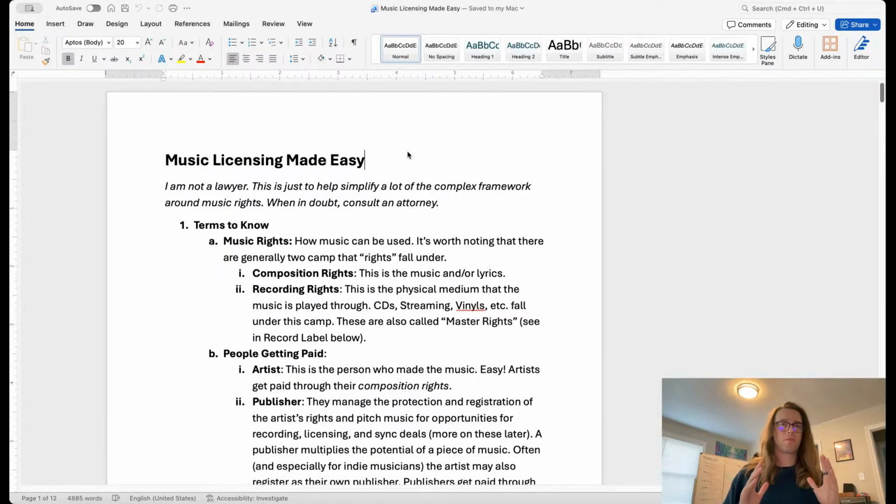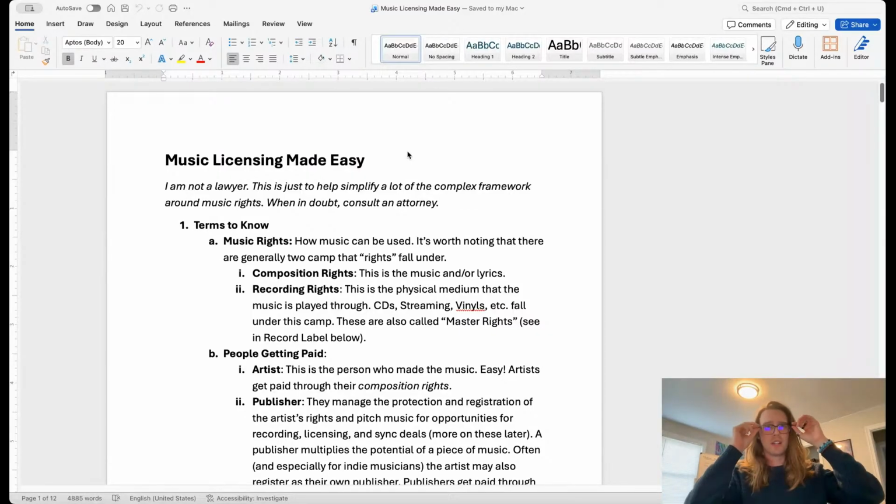Music licensing made easy. So real quick, again, doing the obligatory, I'm not a music lawyer. So when in doubt, consult an attorney. Now that that's out of the way, and the thing I have to say that everybody says for these things,